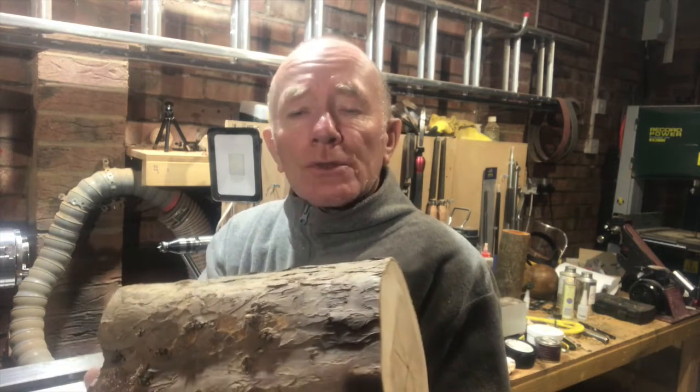What we'll do is we'll use the Paul Howard sphere jig, a nice bit of kit. It's a lovely, lovely piece of equipment. I made a garden table a couple of months ago, and what it's good for, you can make a sphere from anything from, I think it's probably less than this, 60mm up to 340mm, which is quite a size. And the good thing about it, once you've got one, say 280mm, you can reproduce them. There's a little stopper you put on, and it'll keep taking them out at exactly the same size. Like I say, I made one probably 270mm, made 4 of them, and they made lovely legs for